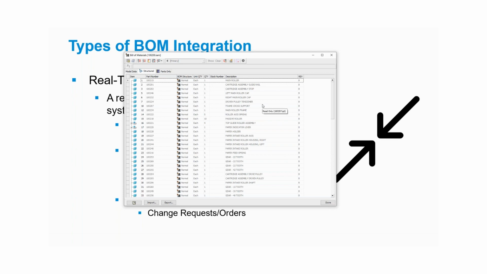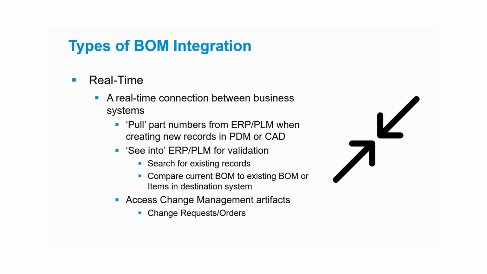But you have this real-time connection, where you can either compare bill of materials or look up a part number if you need to, right from within, say, your CAD system. And another common real-time